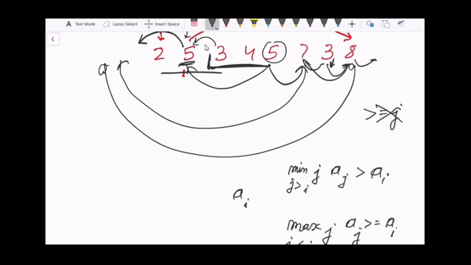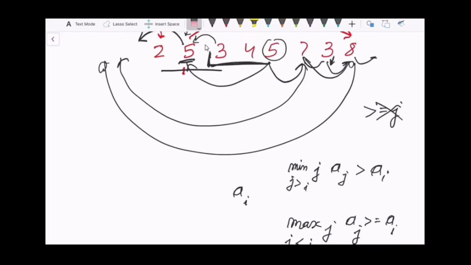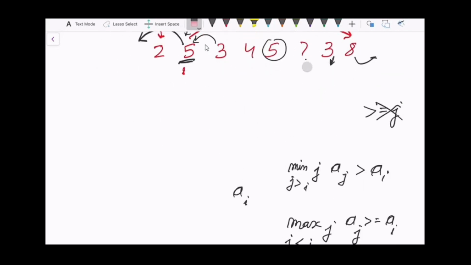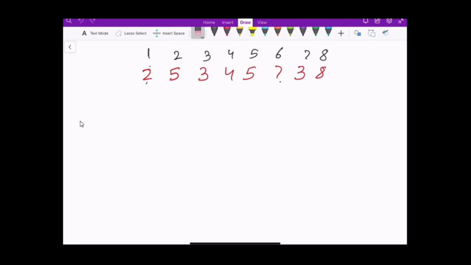Finding the nearest element after it and finding the nearest element before it can be done similarly, because we can just iterate over the array from the last element to the first element. But I will describe a different algorithm. So let's erase it. For each element, I will find the closest element to the left which is greater than the current element considered.